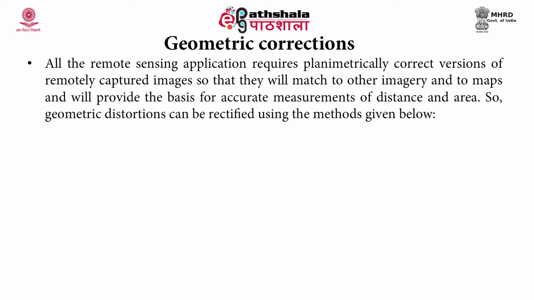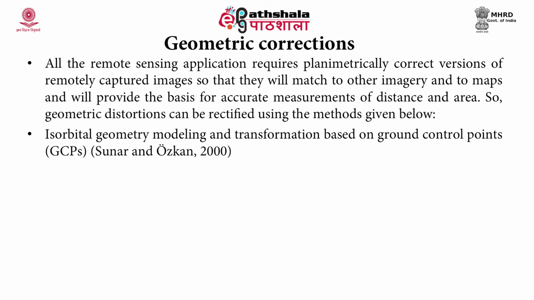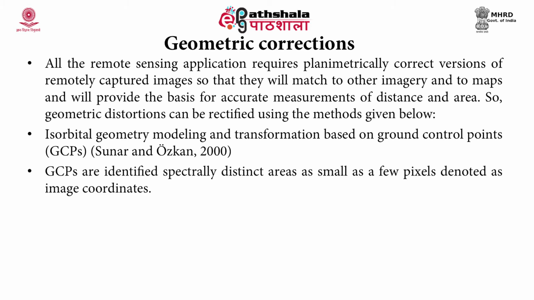All the remote sensing applications require planimetrically correct versions of remotely captured images, so that they will match other images and will provide the basis for accurate measurements of distance and area. So, geometric distortions can be rectified using the methods given below. First is orbital geometry modeling and transformation based on ground control points. The ground control points are identified spectrally distinct areas as small as a few pixels,